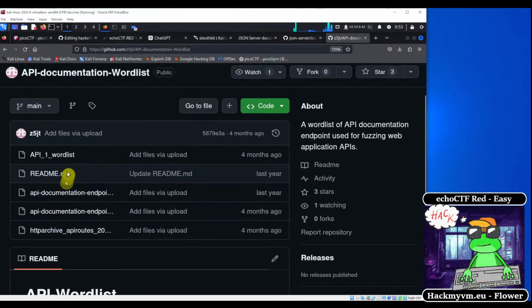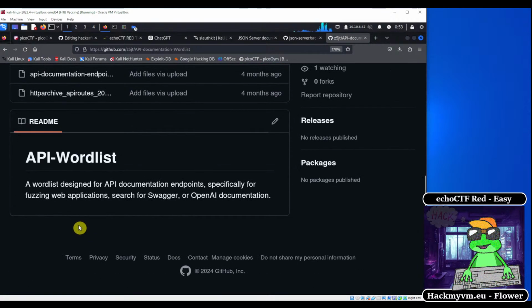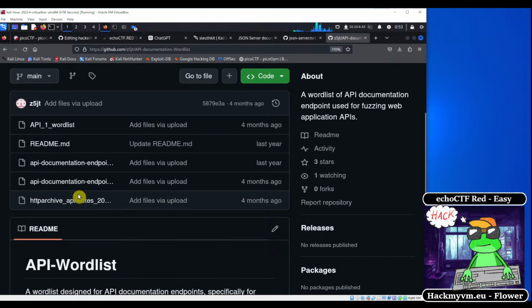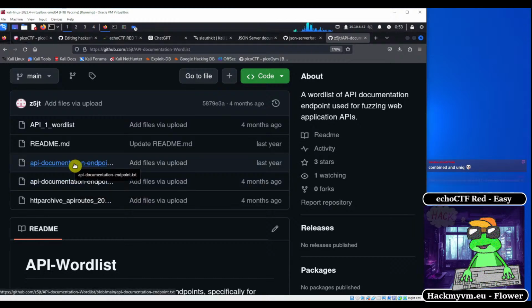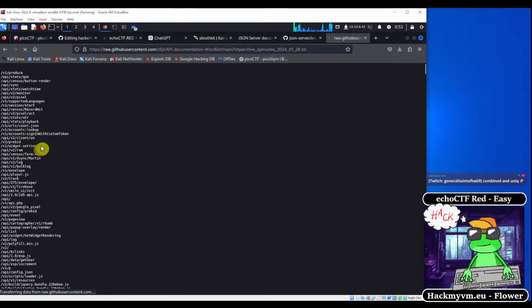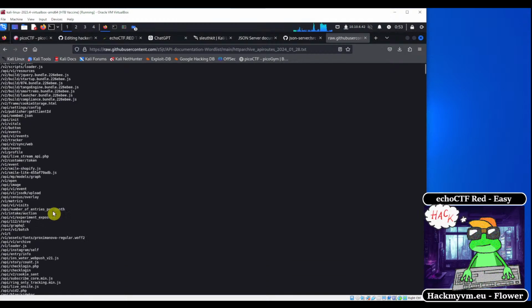Okay, so is this the file, or is this the file? This is a pretty big file. Ah, okay, it's a really big file. So this probably isn't going to work for us because